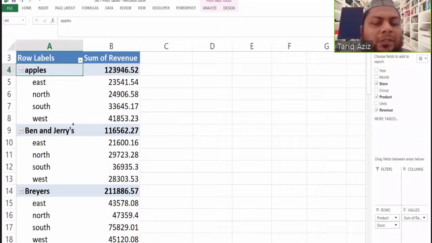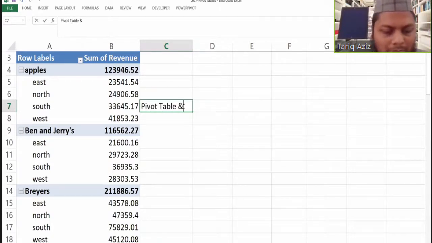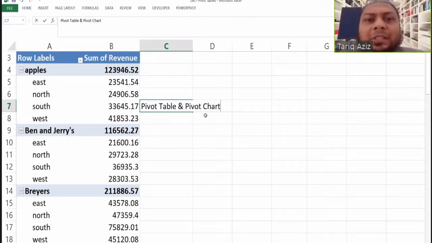So if your boss provides you a database and asks you to analyze that data, this is a very useful feature you can use for tabulation as well as charting. So pivot table and pivot chart, these are 2 sister functions, because in a similar way you can prepare a pivot chart also.